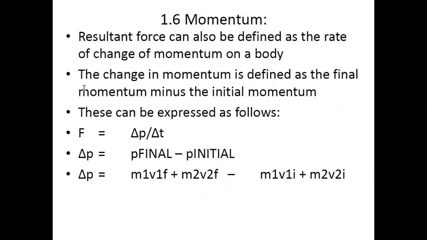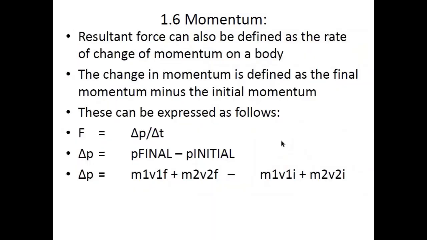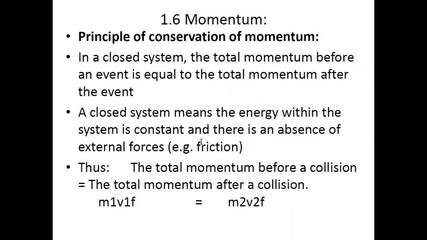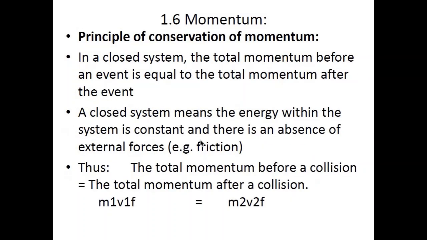Resultant force can also be defined as the rate of change of momentum on a body. If you want to know how much force was applied in order to cause the momentum or to cause the impulse, then that would be the resultant force. The change in momentum is defined as the final momentum minus the initial momentum that we have discussed. This is the change in momentum, mv minus mu,